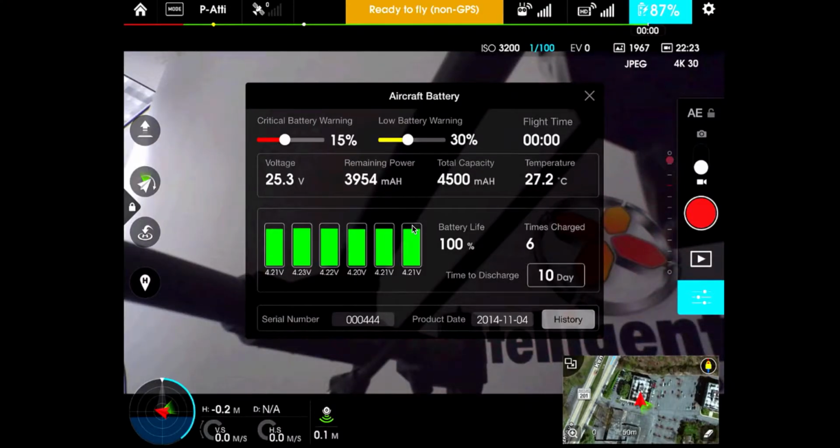So here you can see we have 87%. It gives us the first low-level battery warning and the second critical battery warning. We can adjust these as we see fit with sliders. Default is going to be 30 and 15. I would recommend staying with that until you're a little bit more advanced and understand how to adjust these and